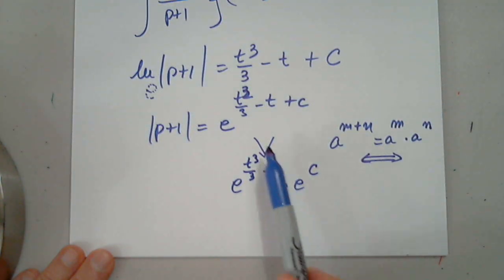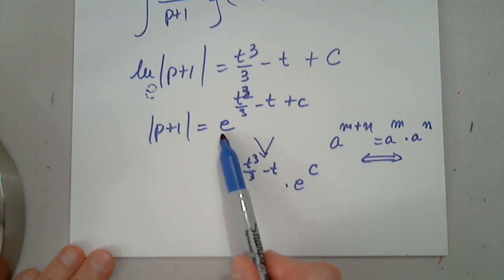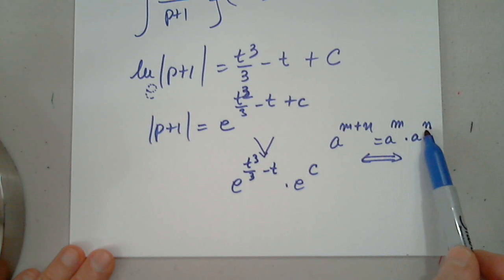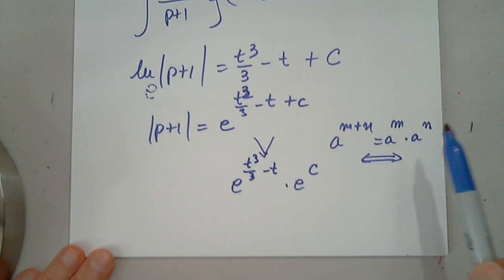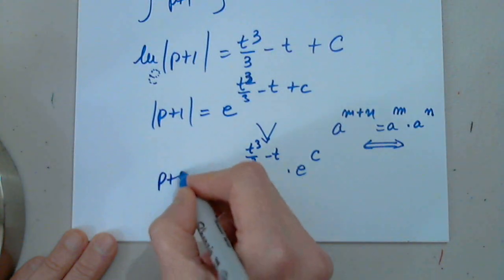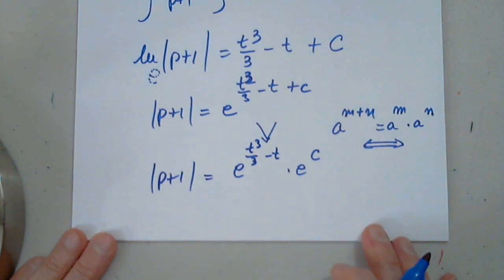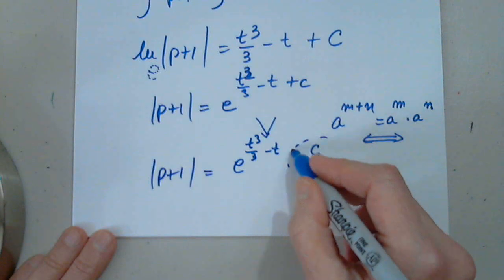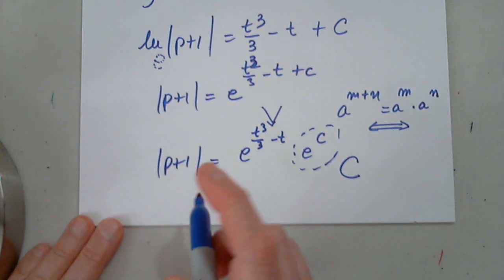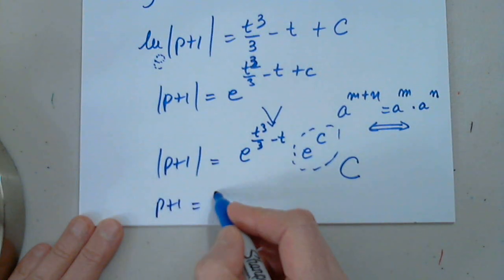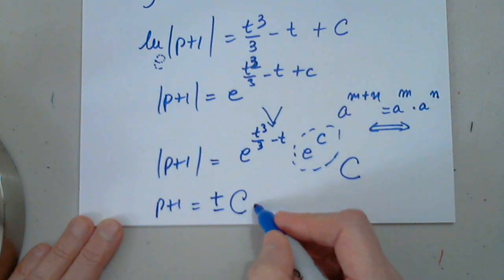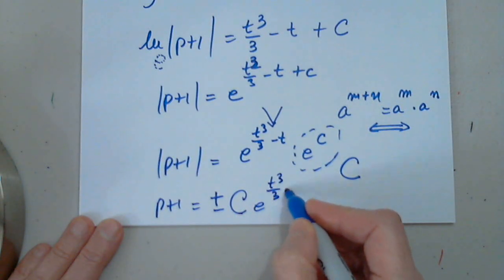From this, I can get that by copying the base and adding the exponents, and I can also go back and split it into a product of two exponential notations, of course with the same base. The left-hand side is p plus 1 still. We're going to change this into a constant c. So then p plus 1 would be plus or minus a constant c, e to t cubed over 3 minus